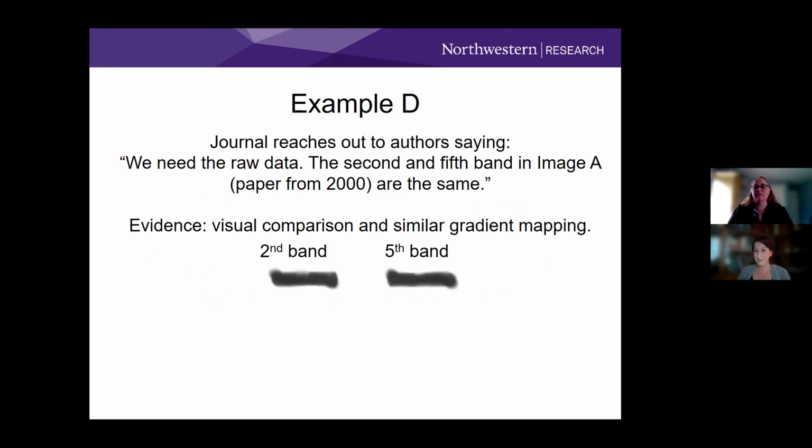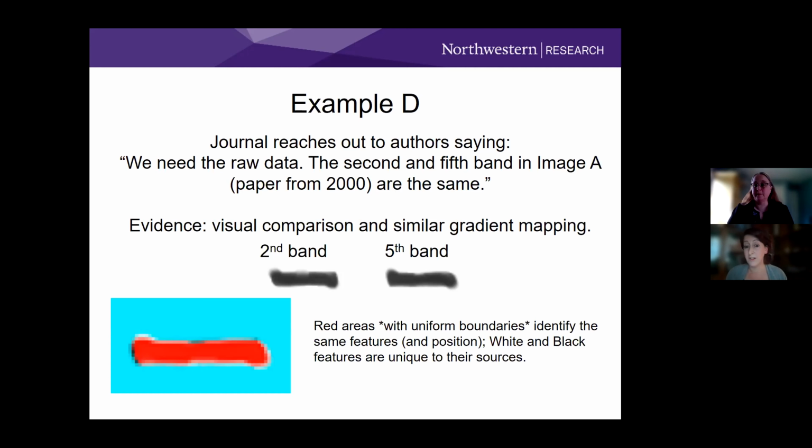Here is the first example I feel very strongly about, and it is standards. So a journal reaches out to authors, not to us, and says, we need the raw data, for papers from 20 years ago. The second and the fifth band in an image are the same. As evidence, they bring a visual comparison and a similar gradient mapping. Now, what a gradient mapping does is recolorize a certain band in order to show certain features. However, the use of a gradient map can enhance certain features, but also hide others. So a gradient map by itself is not necessarily good enough to tell you those two things are exactly the same. So what we did was add